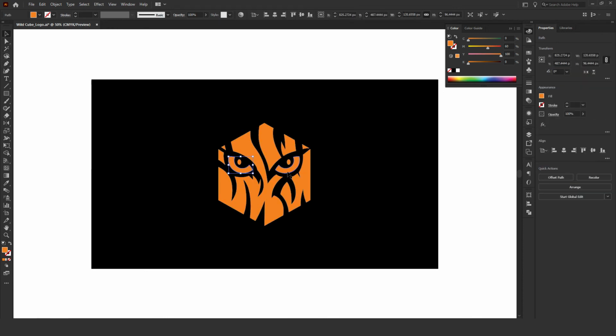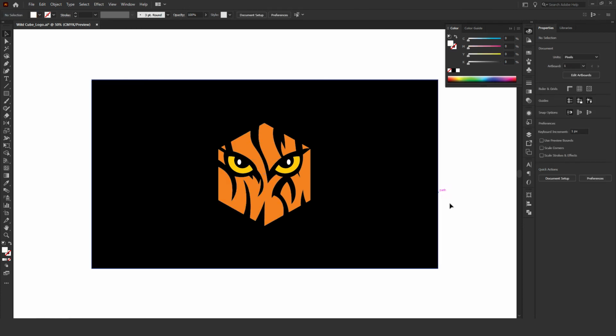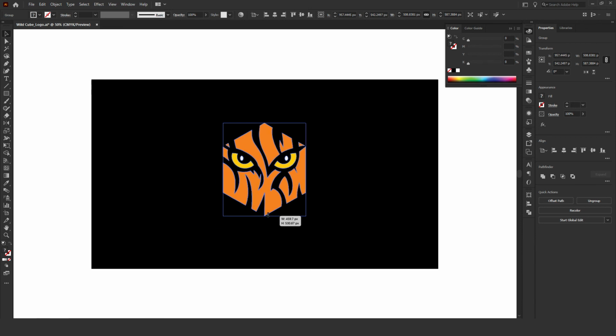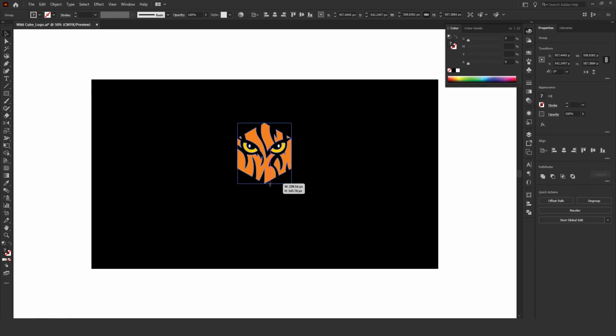Now change the color of these two parts. It will be magenta 20 and yellow 100. So I think these two parts will be white. Yeah, now it looks pretty good. Now select all these shapes again, pressing the Shift key, release the background and group it by pressing Ctrl G. Now pressing the Shift key, decrease the size of the logo.